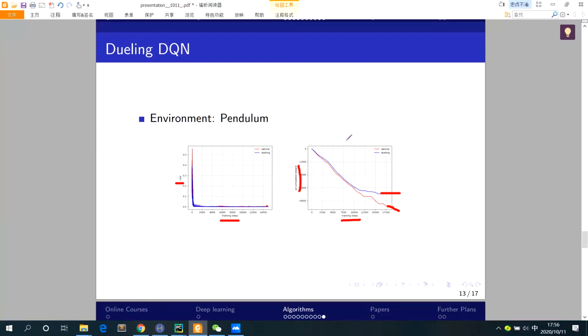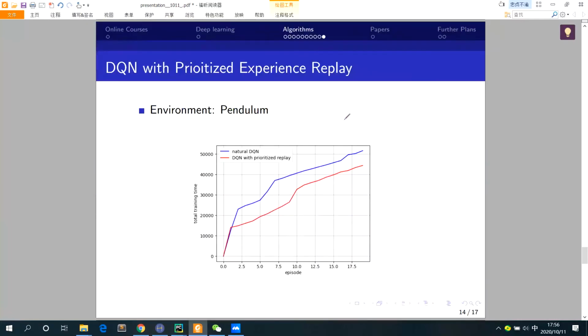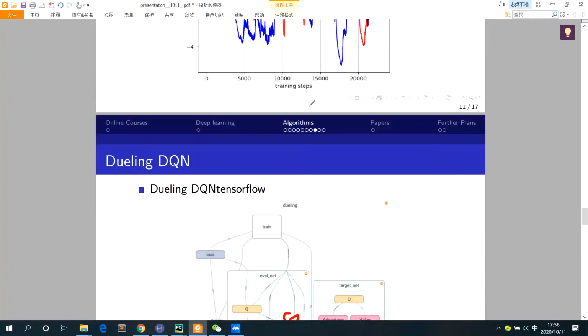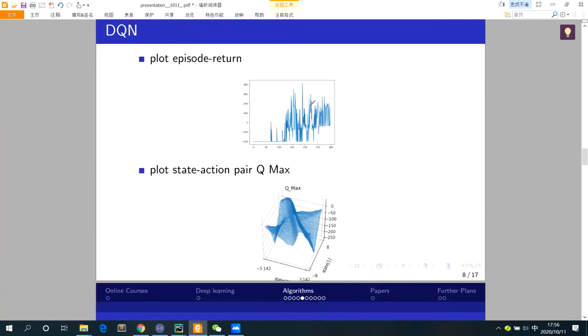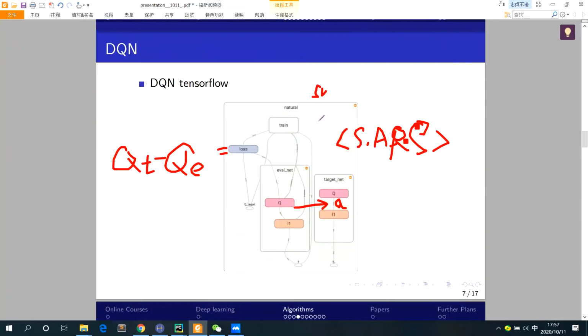Also, there is a third modified DQN model: DQN with prioritized experience replay. I can explain this also with this picture here. In natural DQN, we also have experience replay, but all the transitions in history look the same to us. But in prioritized replay,